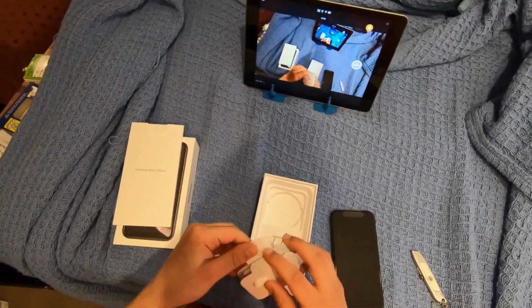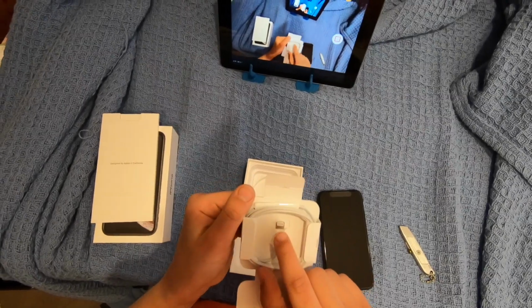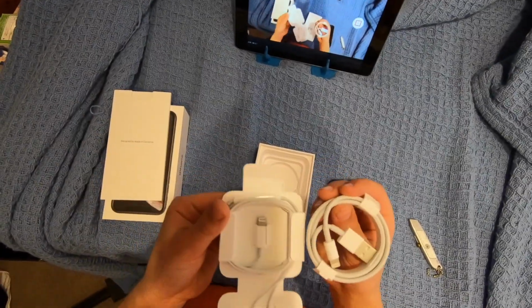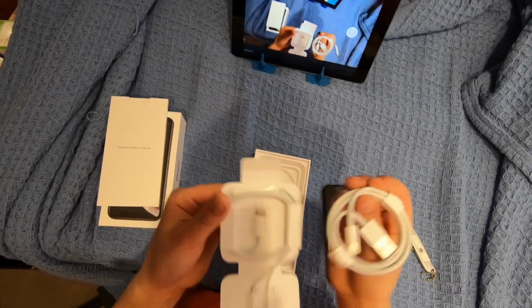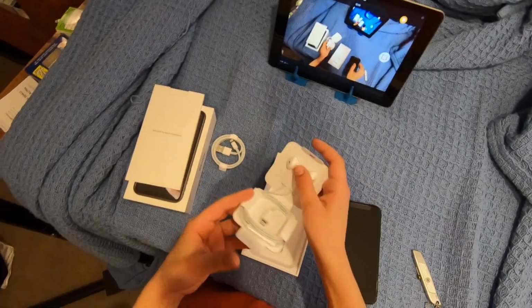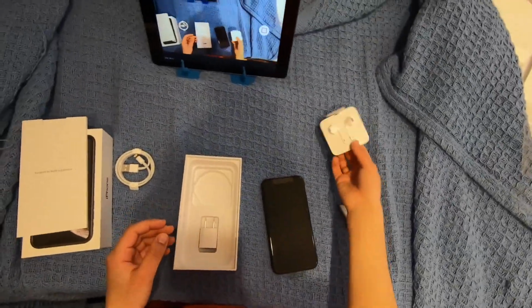yeah. It's not like a normal iPhone. See? It has like the charger thing here. Yeah, they should make normal ones. They're way better, like, really. Yeah, so